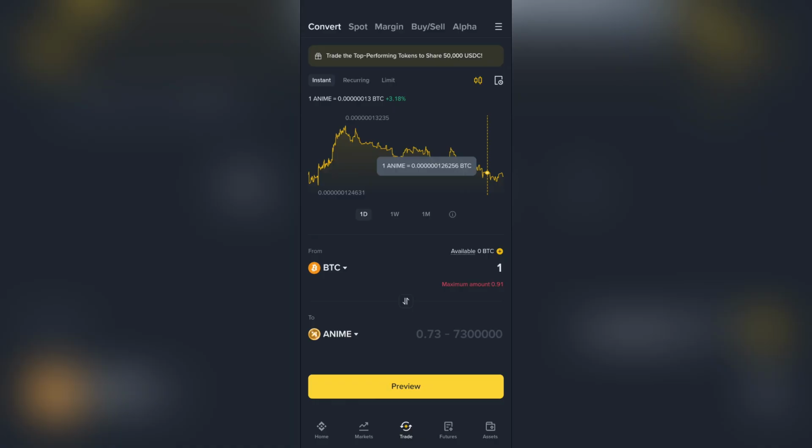Then after that, you need to enter the amount that you would like to convert to another coin. For example, I have entered 1 Bitcoin that I would like to exchange with anime coin. And after doing this, just simply tap to preview and then you can convert it very easily. I cannot perform it right now because I don't have any cryptocurrency with me, but you can very easily do this if you have enough amount to